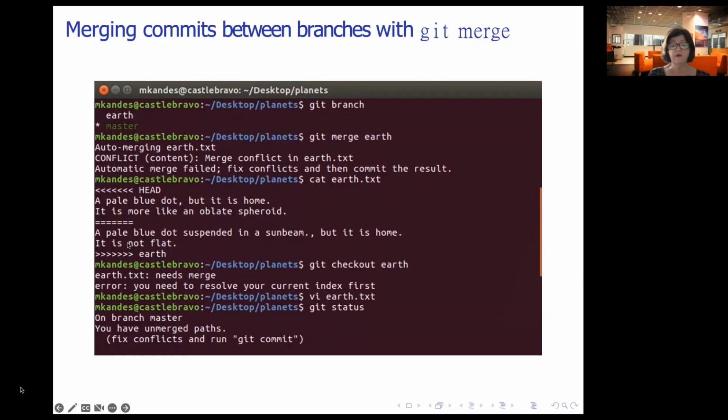You can keep one or the other, but what you have to do is edit the file and remove these lines. And then that will tell Git, when you've physically gone in and edited the file and removed these lines, that you've now merged it. You're the editor. You've made the decision, and now you'll do